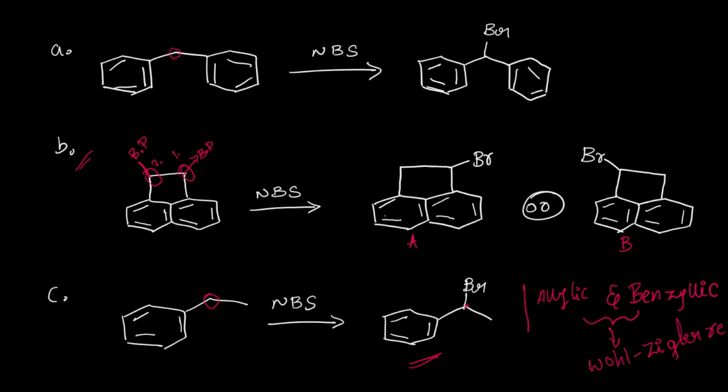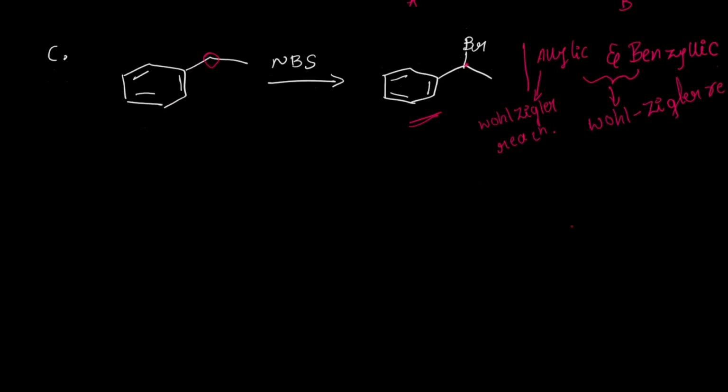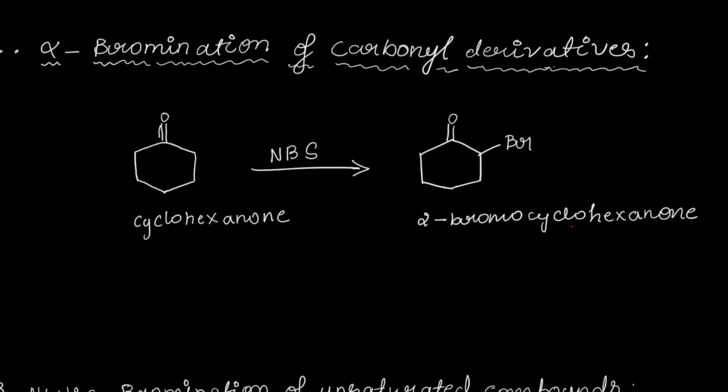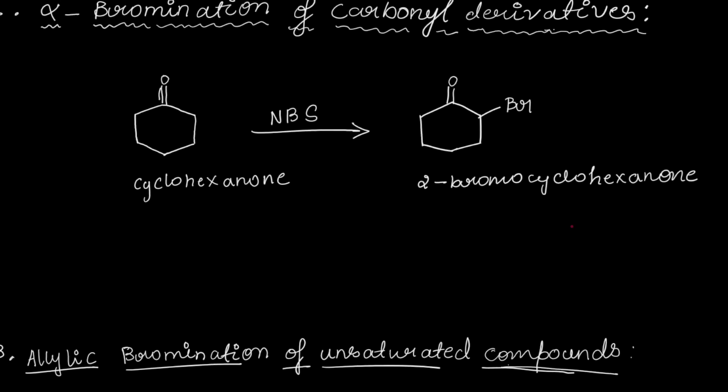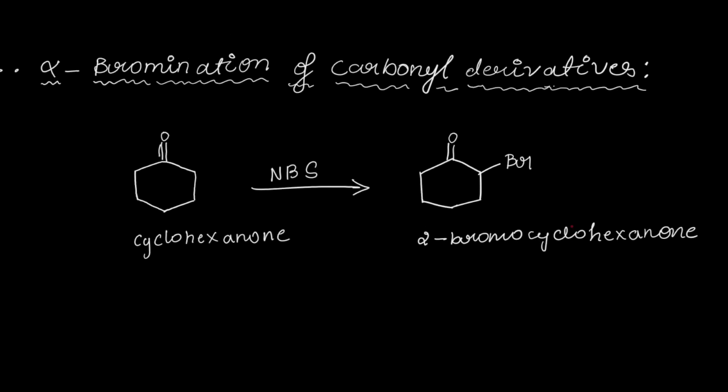Cole-Ziegler reaction. So this is all about NBS reagents which are used in allylic and benzylic bromination. As I said, there are also other uses of NBS. As you can see here, NBS can also be used in alpha bromination of carbonyl derivatives. Now moving on to these reactions, you can see that NBS facilitates alpha bromination of carboxylic acid derivatives,